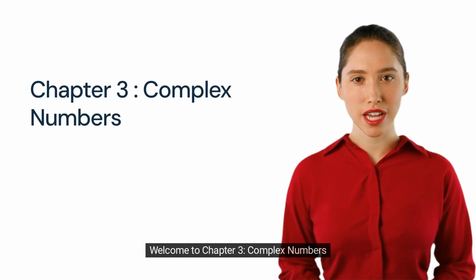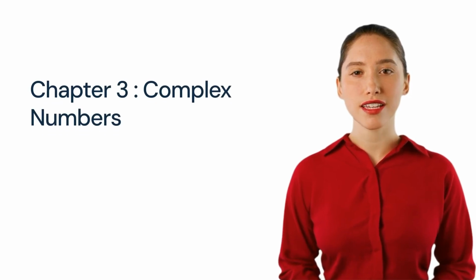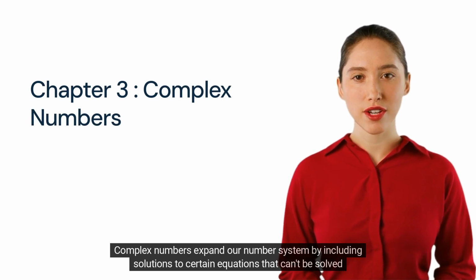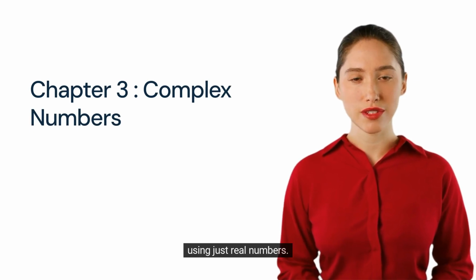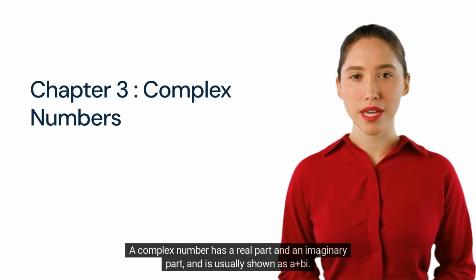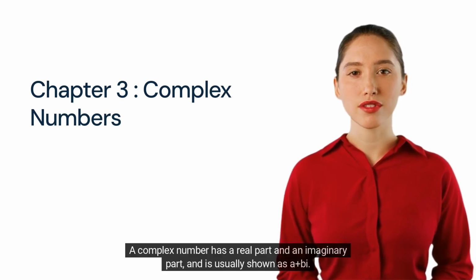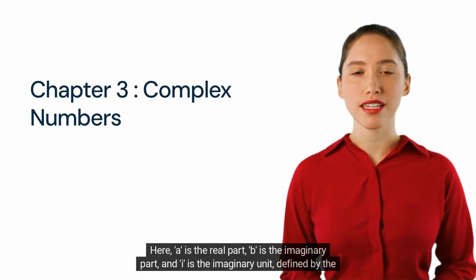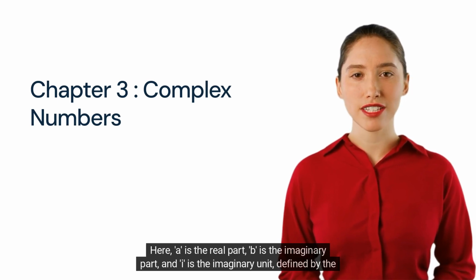Welcome to Chapter 3, Complex Numbers. Complex numbers expand our number system by including solutions to certain equations that can't be solved using just real numbers. A complex number has a real part and an imaginary part, and is usually shown as a + bi. Here, a is the real part, b is the imaginary part, and i is the imaginary unit, defined by the